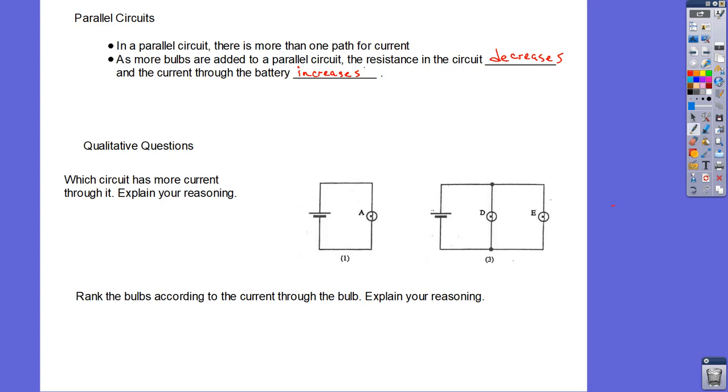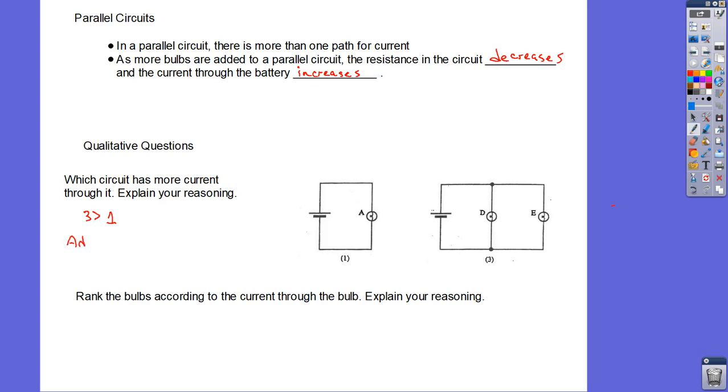to flow. Okay. So now if we look at this, and again, which circuit has more current through it, and we want to explain our reasoning. So if we look at this, the difference is we've added a parallel pathway here. So that looks to me, that is parallel, so we have less resistance, so we're going to have more current. So if we were explaining which circuit has more current through it, we would say 3 is greater than 1. Okay,